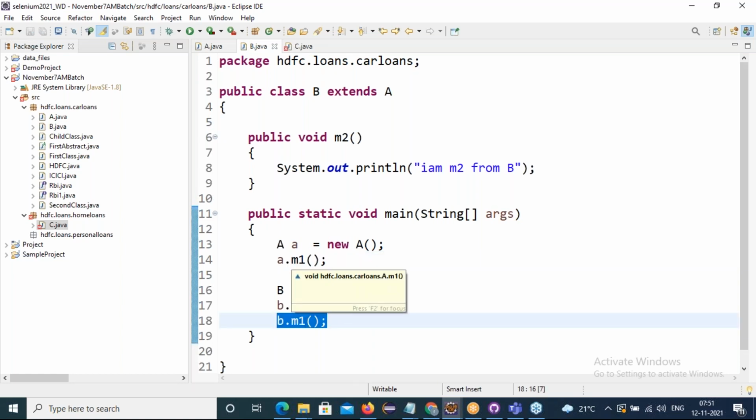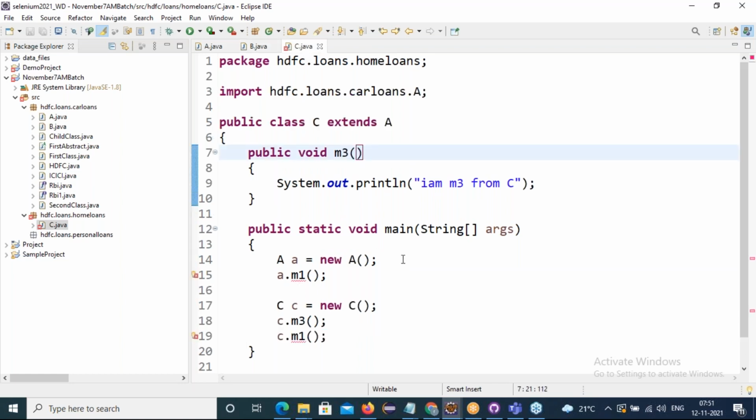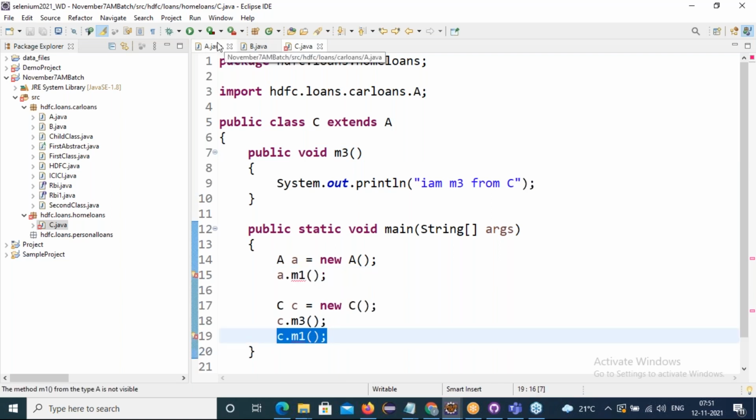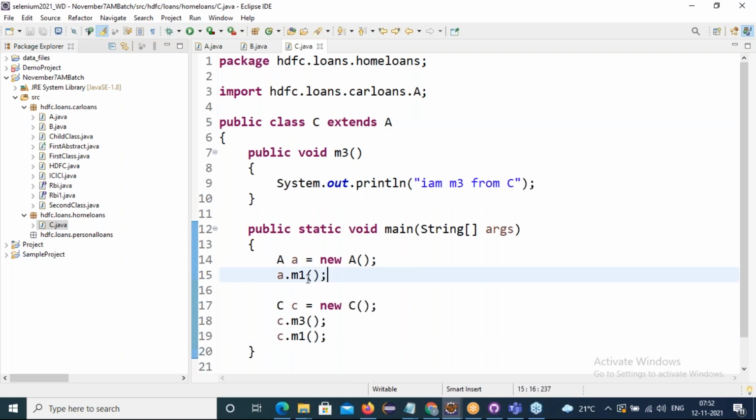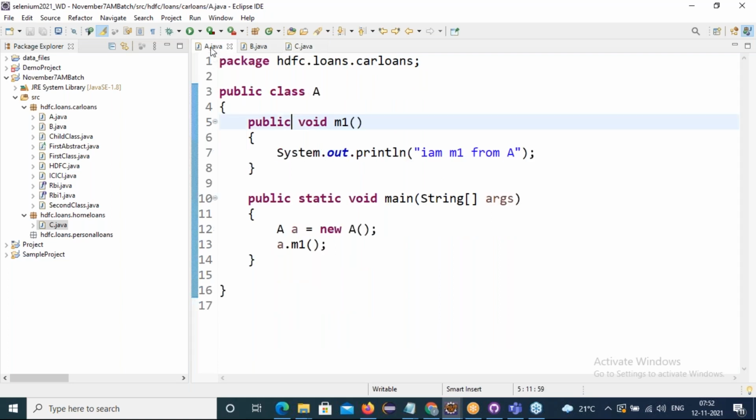But outside the package class, we cannot access default methods. If you want to access the A class methods outside the package class also, we give the public access modifier. Then outside the package class also we can access public methods. Understood? Now come to the protected methods.